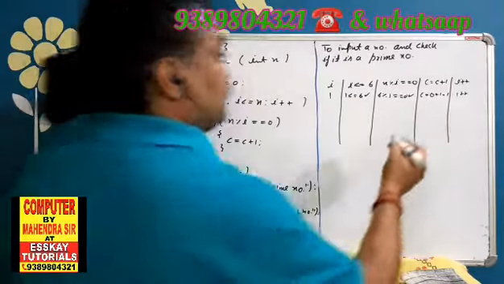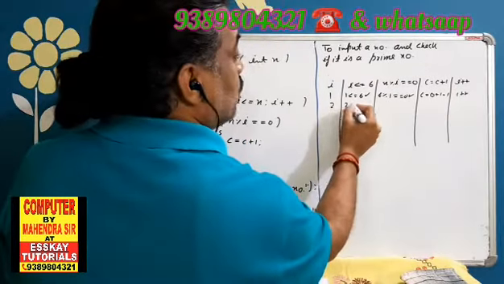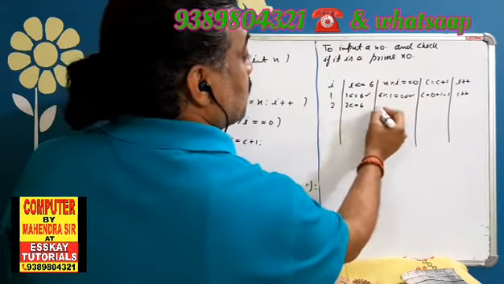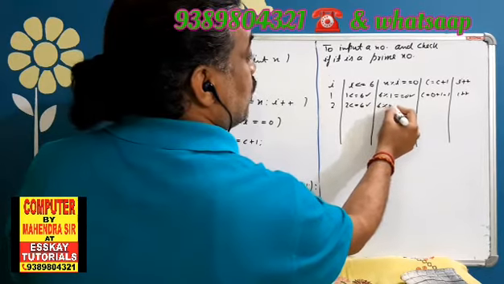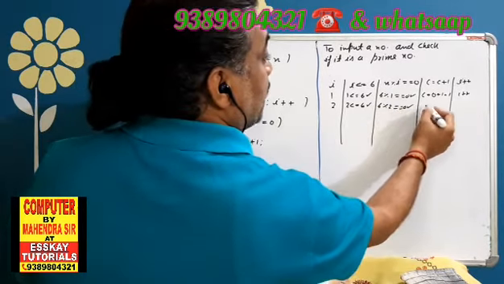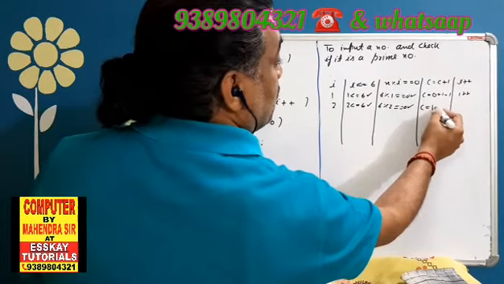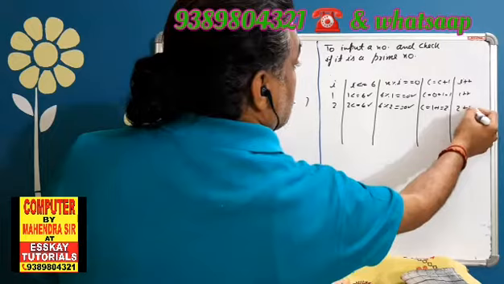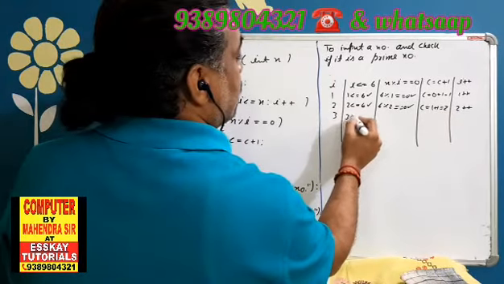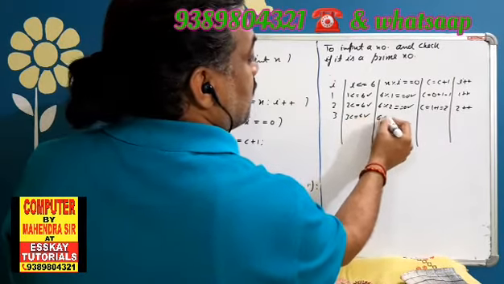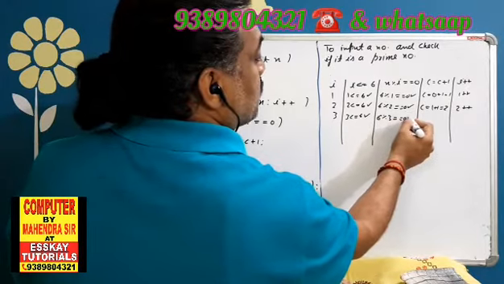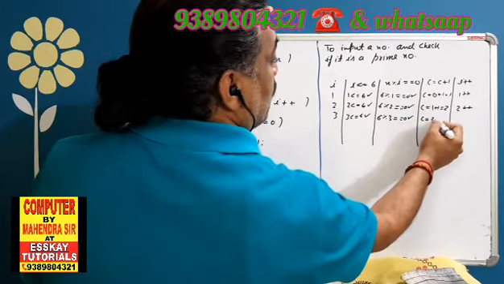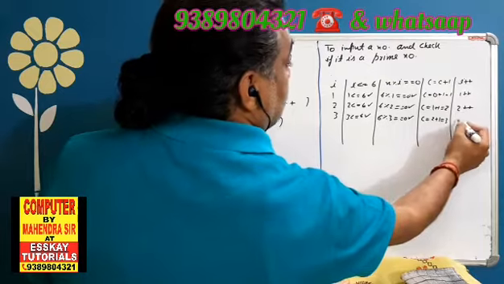Let me come a little over here. Right? 2 is less than or equal to 6, that's correct. 6 mod 2 equal to 0, that's correct. Here it comes 1 plus 1, that's 2. This is 2 plus plus, I get 3 over here. 3 is less than or equal to 6, that's correct. 6 mod 3 is equal to 0, that's again correct. The value of c is 2 plus 1, that's 3.